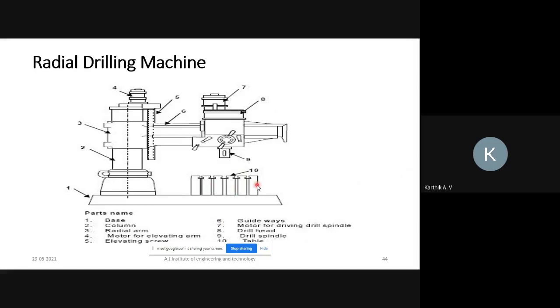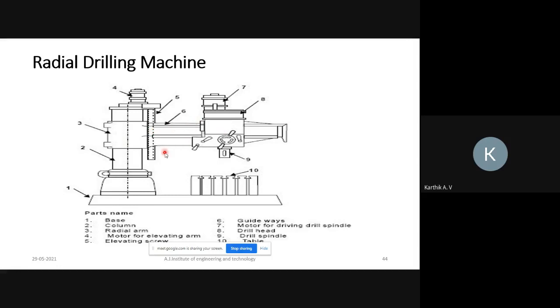The work table is placed above the base. The work table is placed above the base, and the column is not giving support to the work table. Why? Because it can handle large weighted workpiece. Next, this column is just giving support to the spindle, the spindle head and spindle part, the drill head, motor and all.